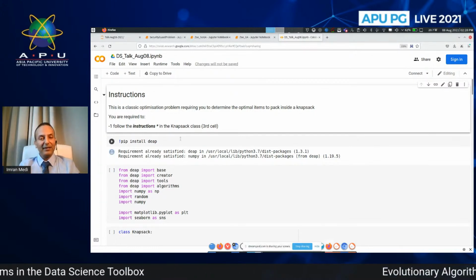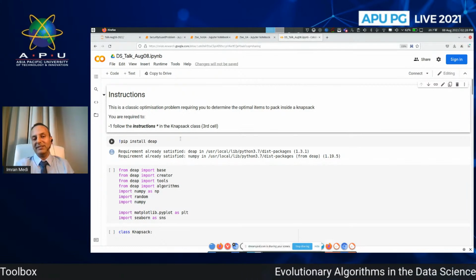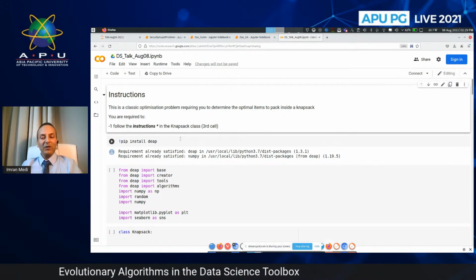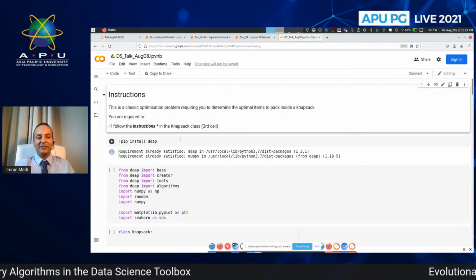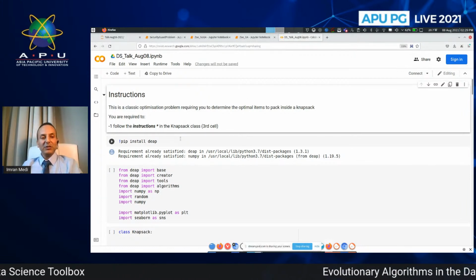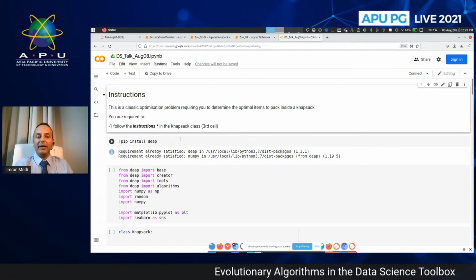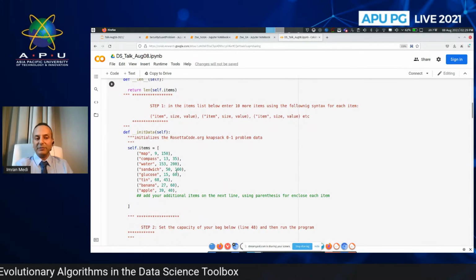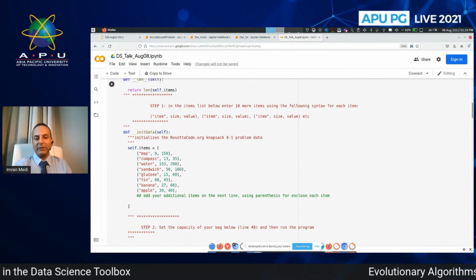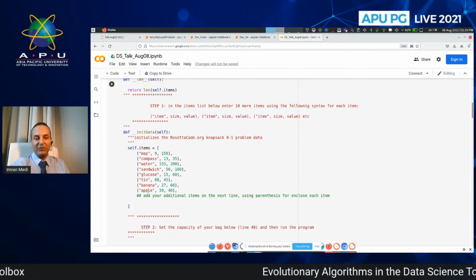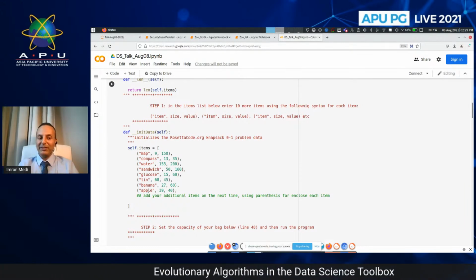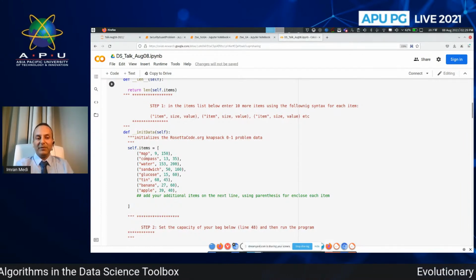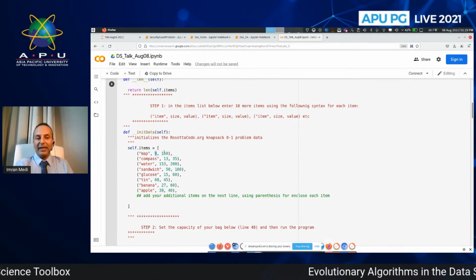This is a classic optimization problem known as the knapsack problem. You can think of this as a bag, a knapsack or backpack of fixed size, and you're looking to identify the best combination of items to put into this bag. Down here is a list of items: map, compass, water, sandwich, glucose, tin, banana, and apple. What I'd like you to do later on, as you play around with this, is to add another 10 to 15 different items in there, with the name of the item, the weight, and the value.